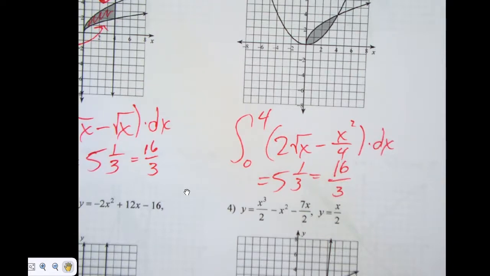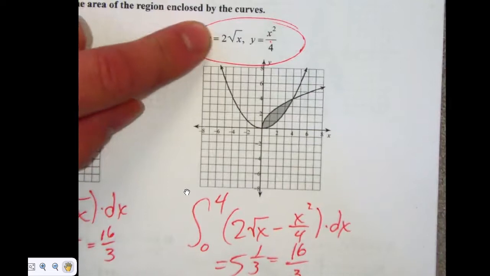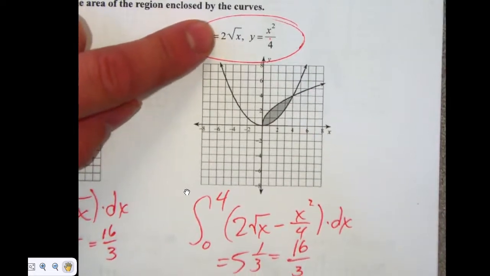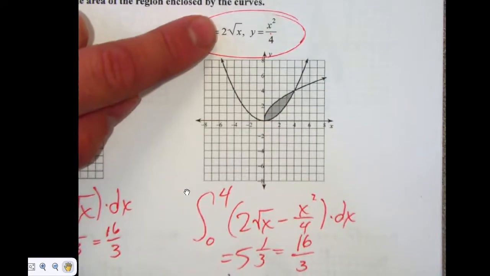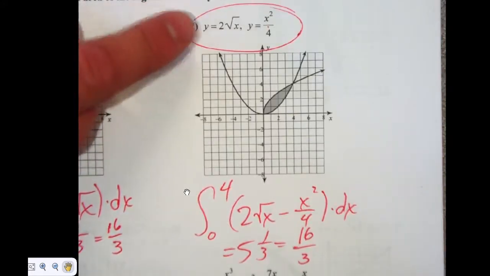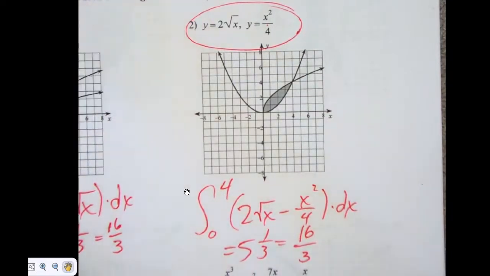Actually, this level of problem is not like a typical problem on the AP test. It'll either be way more confusing than this, like 2 cosine e to the x ln of 17.7 whatever squared, and you'll get your calculator. Or it'll be like x and x squared, and you won't get your calculator. This is kind of a middle ground. It's too hard for the non-calculator, but too easy for the calculator. But it's effective to teach you how to do it, and we'll practice all those too.